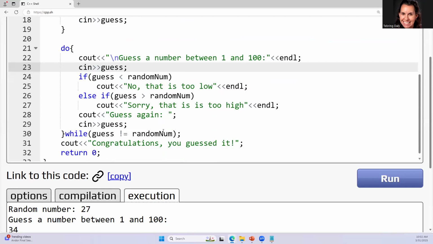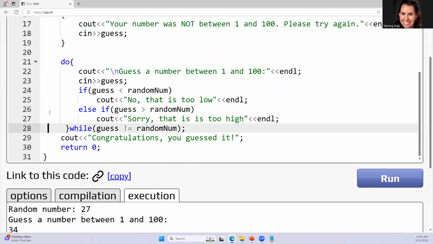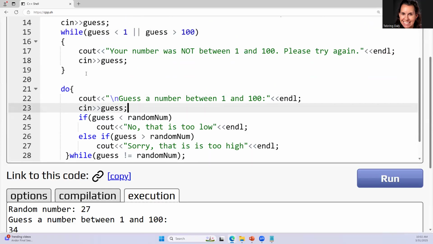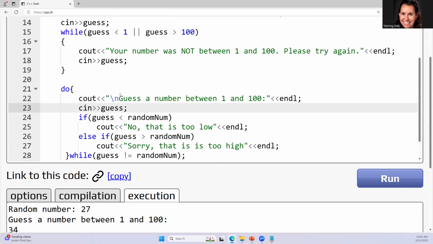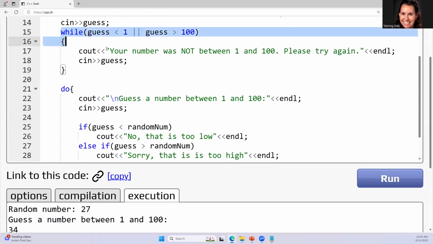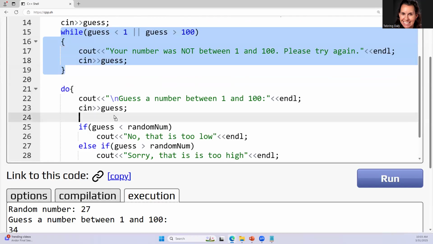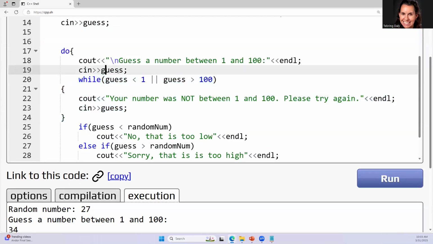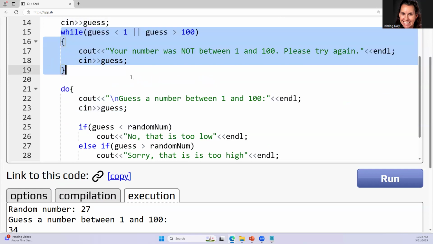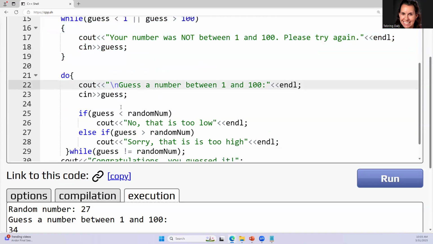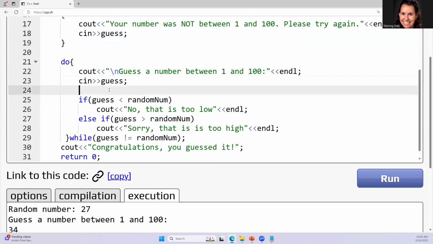Okay, while your guess is not equal. So I can erase this down here because I'm moving it up to the top and checking at the bottom. But that still doesn't validate, right? I'm not validating. So what I need to do is I need to have them. Actually, no, because I'm not guessing, right? So hold on a sec, guys. I'm losing my mind. Do while guess is okay. So